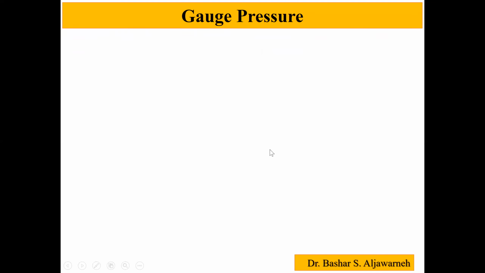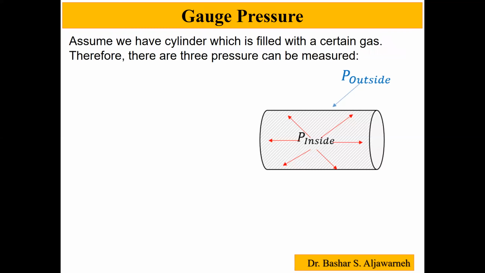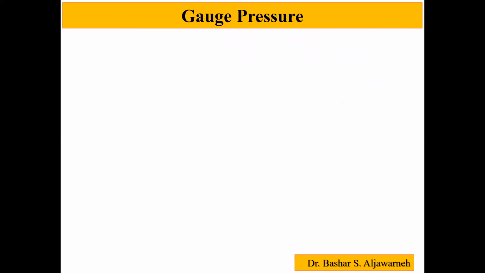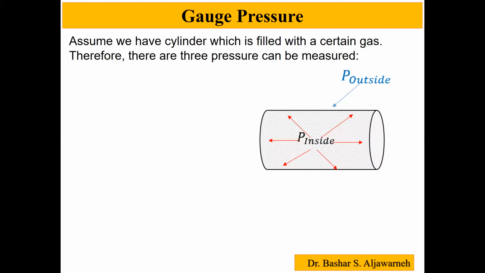New subject, or let us continue on this subject, which is gauge pressure. In general, if I have a cylinder and fill this cylinder with a certain gas, I can measure 3 types of pressure for this system, where the pressure from outside is the atmospheric pressure. The pressure from inside is the absolute pressure. The third pressure is the difference between the pressure inside and outside, which is the gauge pressure, as you can